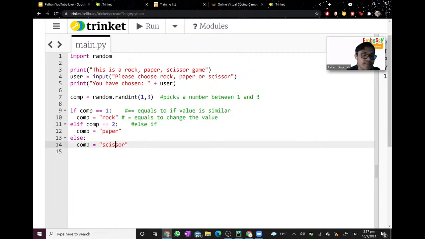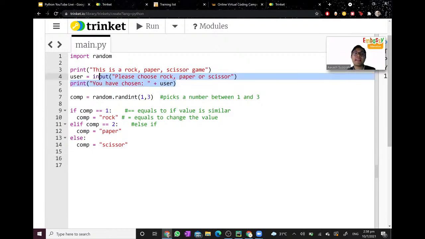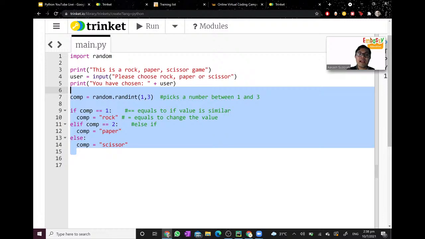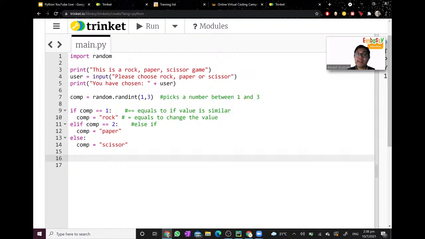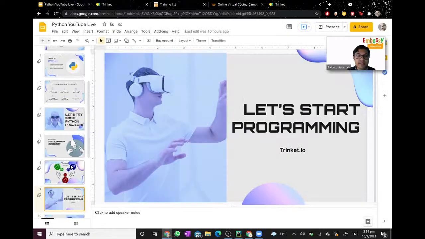Now that we have fully written this part of our project, let us create a function so that we can call the function to actually perform the game. We now have ways to get our choice, which is this code here that allows us to choose what we write, and this code here that allows the computer to choose its choice. Now let us program the game where the computer will see who has won depending on what choice has been chosen. This will be based on this slide.